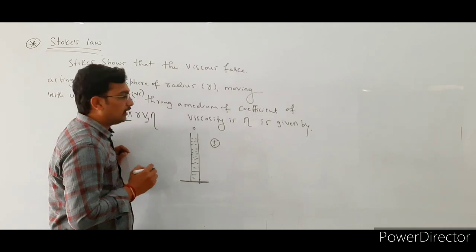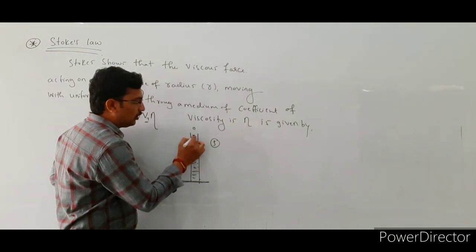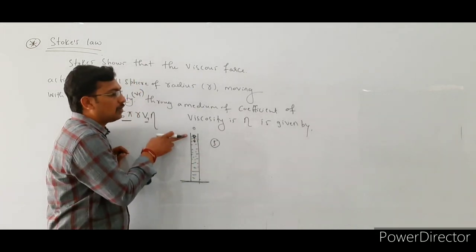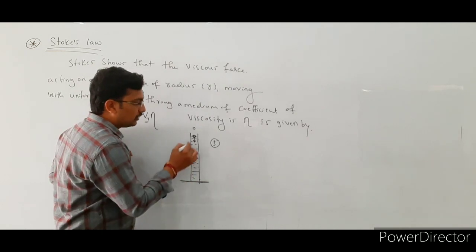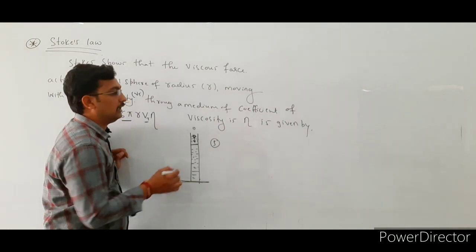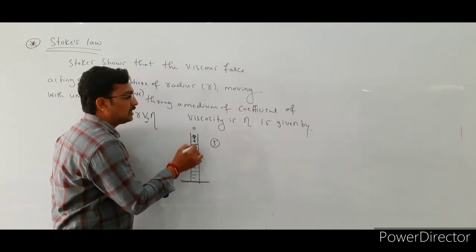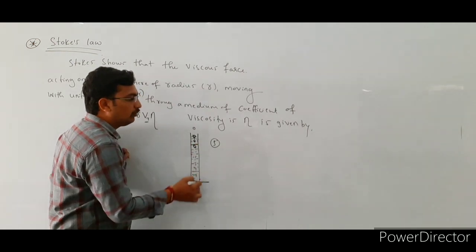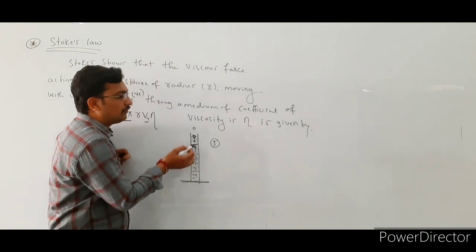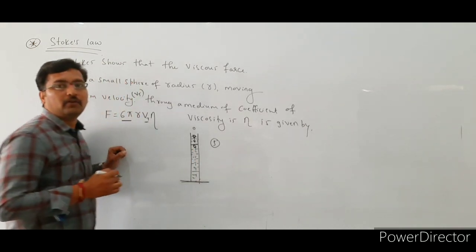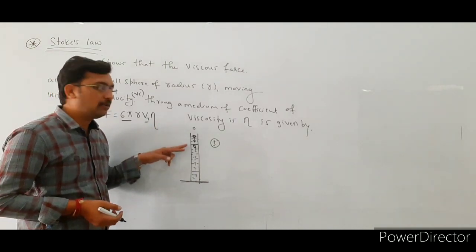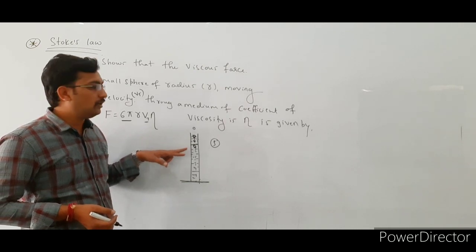Inside this liquid, initially that small sphere is moving at the maximum speed. Thereafter, after some distance, it attains a terminal velocity. Attaining a terminal velocity means that from this point to this point it is moving with a uniform velocity, or the velocity of this body at any point is the same from this point to this point. See here, when this viscous force is balanced by the apparent weight of this body, then only it attains the terminal velocity.